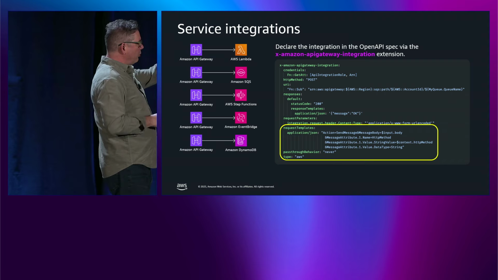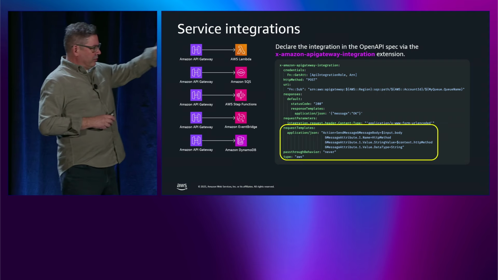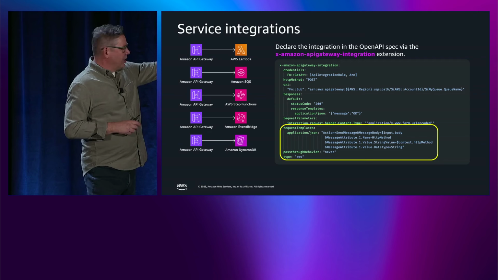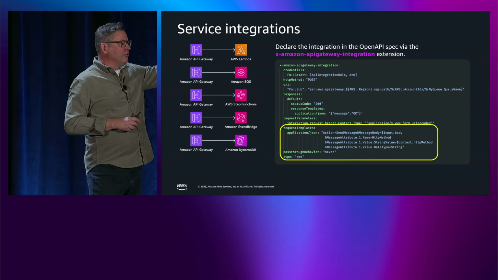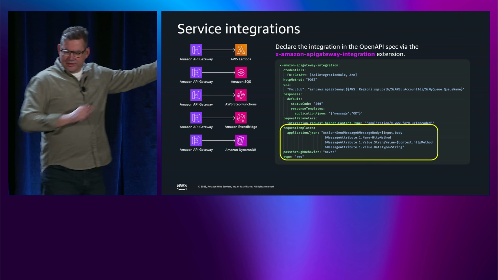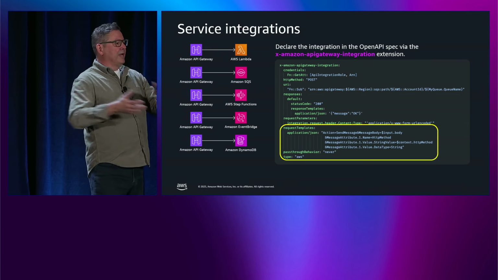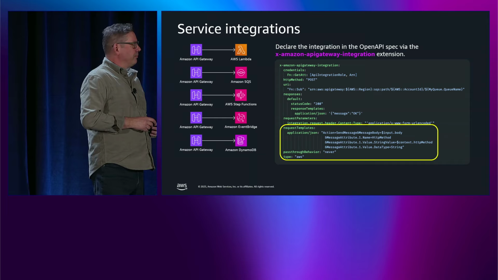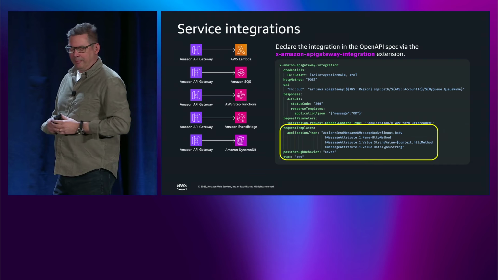And effectively what we're doing here is we're taking the raw API calls and then literally just mapping the requests from API gateway into, in this example, a send message API call that then creates the record on the SQS queue. Now another popular approach, and I'm going